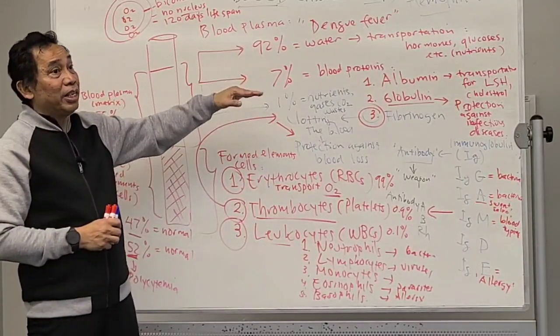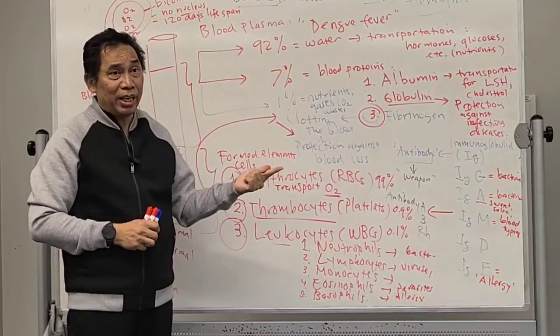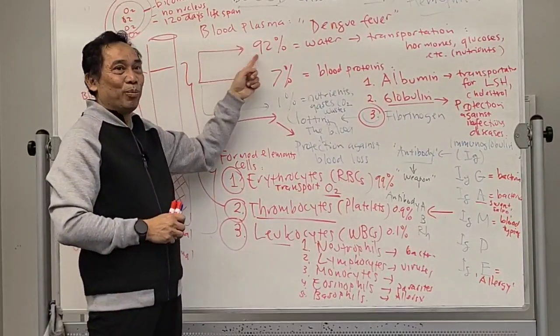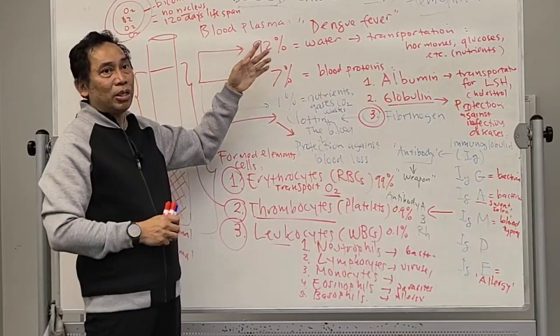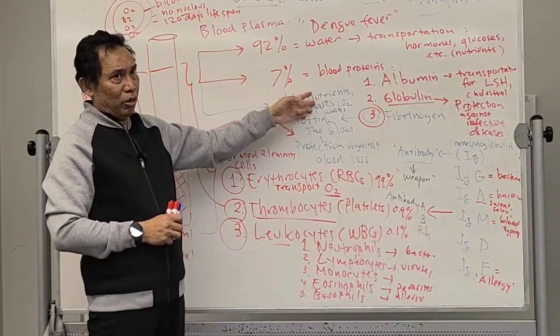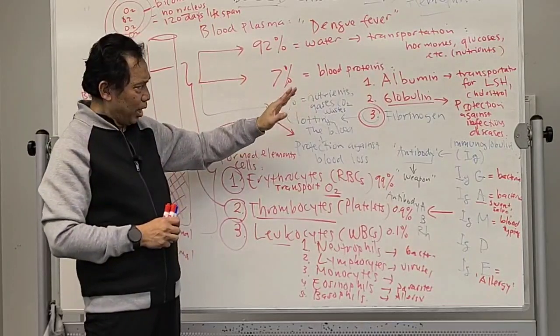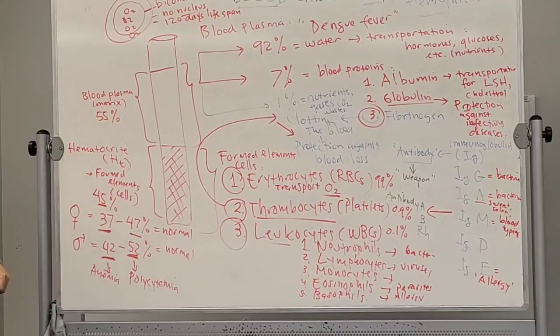The other function is for regulation, for example, regulation of pH, hydration, and also body temperature, mostly here in the blood plasma. Because it is water, it can control your body temperature, it can control the sweating, it can control the urination, it also controls the concentration of nutrients, including the buffers, the carbonic acid and bicarbonate ions. So these are the components of the blood tissue, including their function.